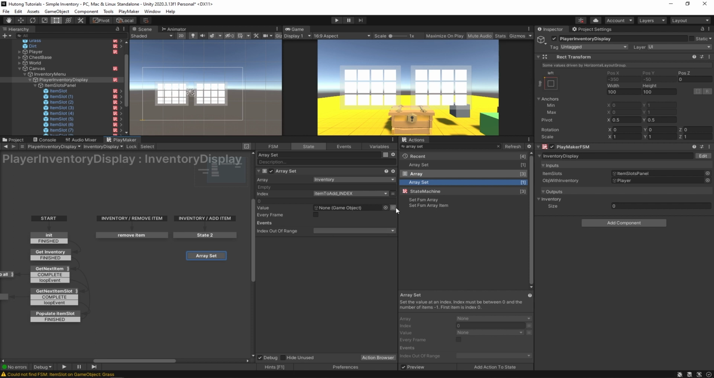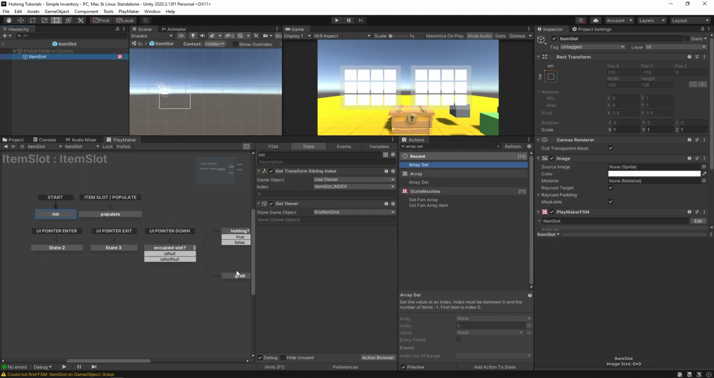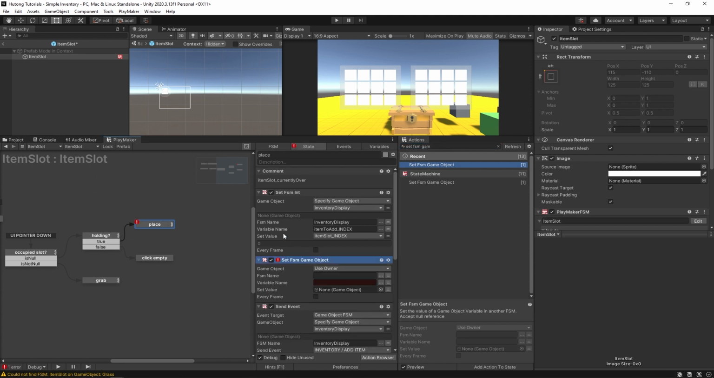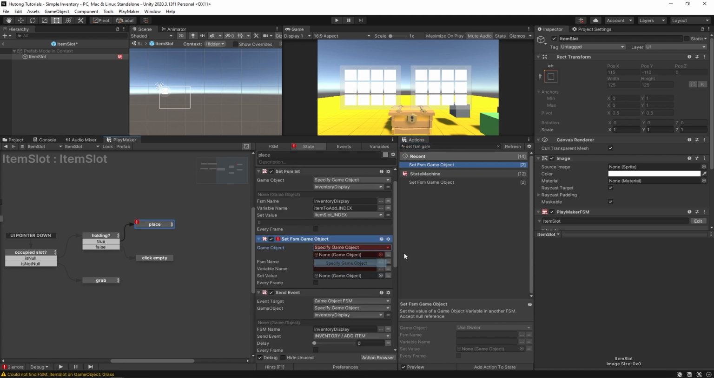That's all fine, right? But something we're missing here is the value that we're going to need to add. So let's make a new variable here, item to add. I'm going to copy that text, save this, and go back to our item slot. Over here in place, with this little batch, we could also do a set FSM game object. So we're going to send it with it as well, and we're going to specify our inventory display,